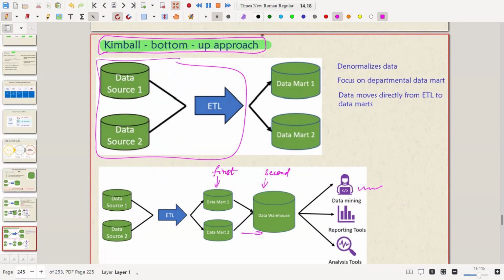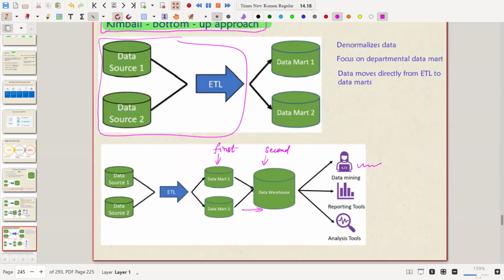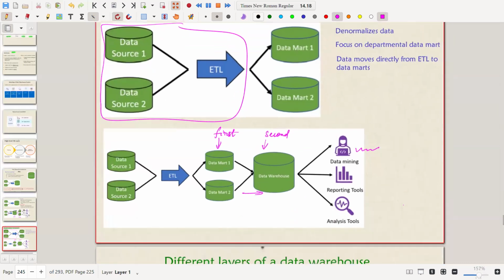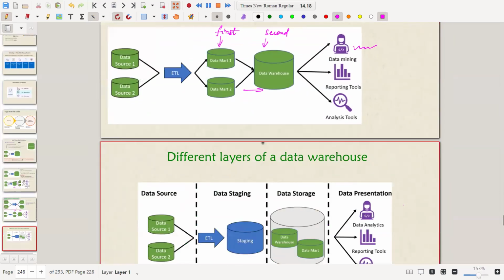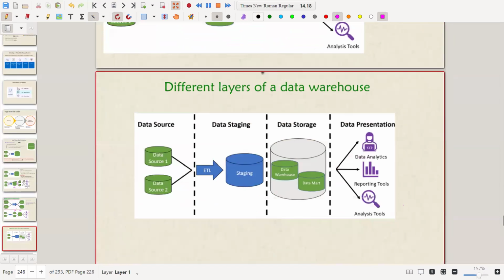If you have to deal with enterprise-wide data, a very big chunk of data, then it is usually suggested that you go with Inmon's, because it is meant for enterprise-level data warehouse processes, right? So just a bit of theory here. You should know about this. It should not be new to you if you hear them, right?